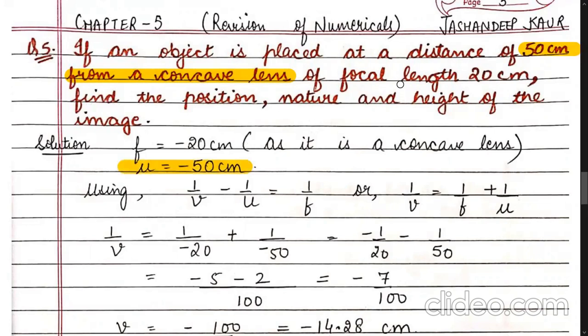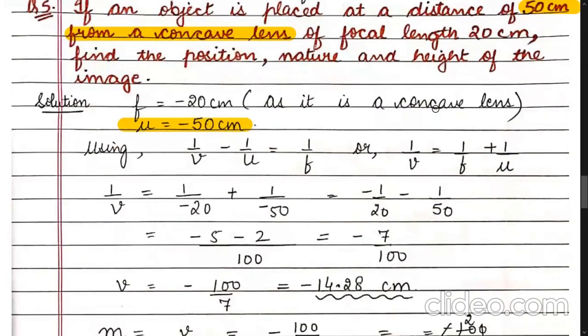An object is placed at a distance of 50 centimeter from a concave lens, with focal length 20 centimeter. Now focal length is 20. So I can write down minus 20. Why minus? Because it is a concave lens, and in concave lens focal length is to be taken